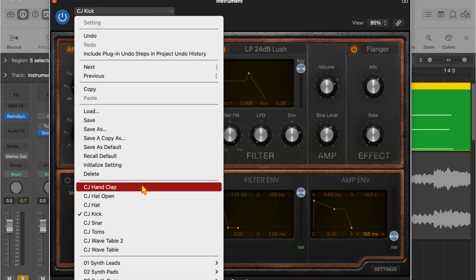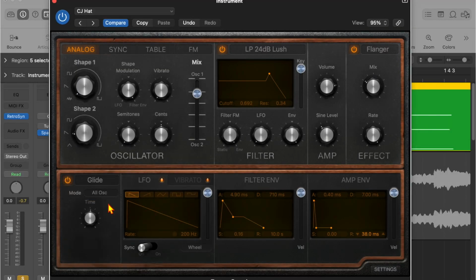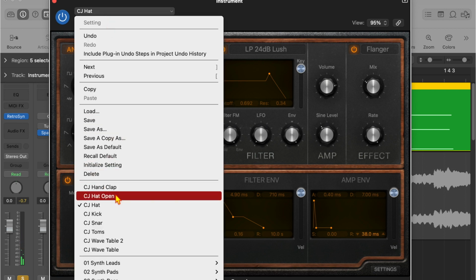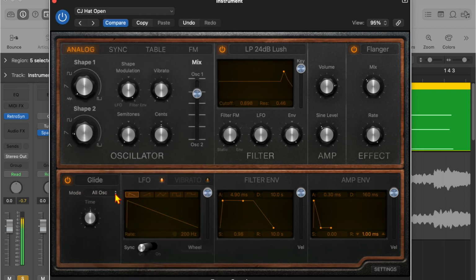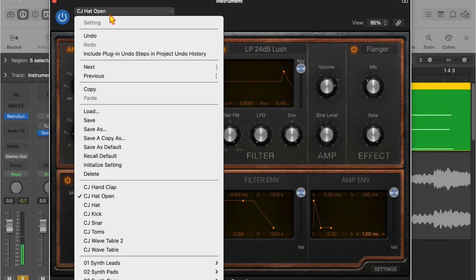Hi-hats open and then hat closed. So again, we've gone for different shapes and a really quick envelope. And then the hat's open, it's got a bit more of a hiss. So in effect you would have